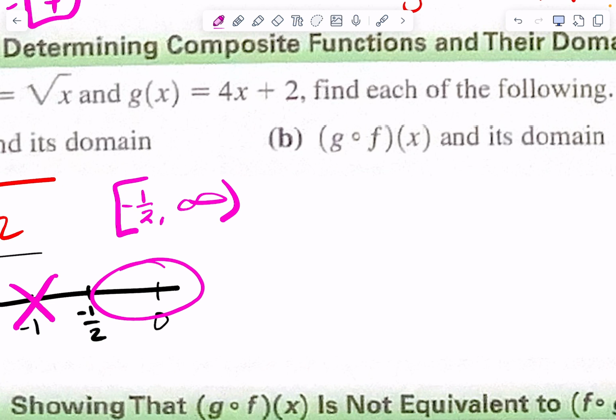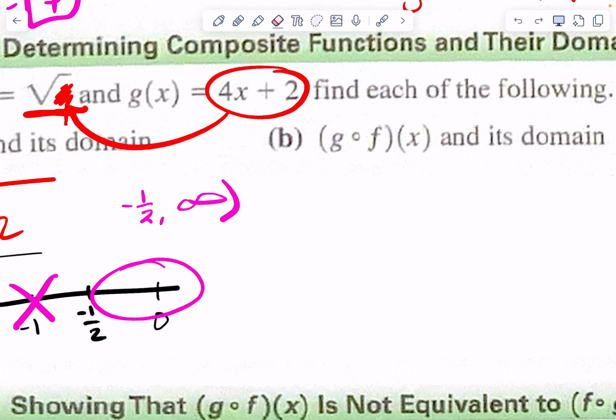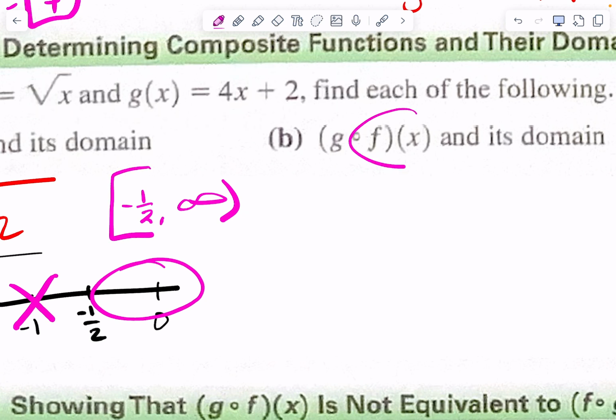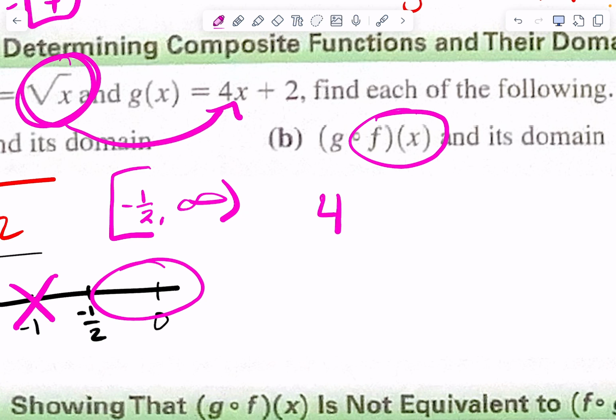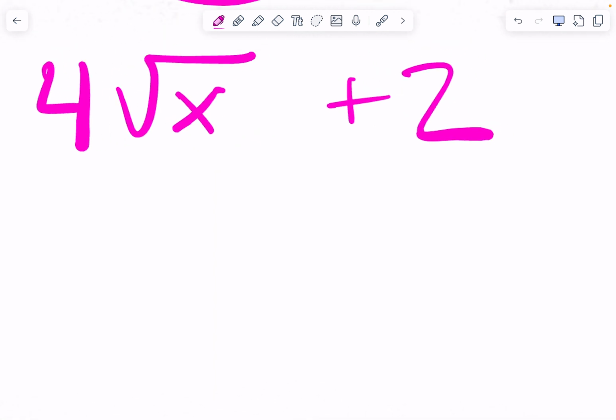They want g composed of f, so now my inside function is how much? Now my inside function is f, right? So I'm taking this f and I'm shoving it into g right here. So 4, instead of 4x, it's 4 square root of x, plus 2. Okay, now,